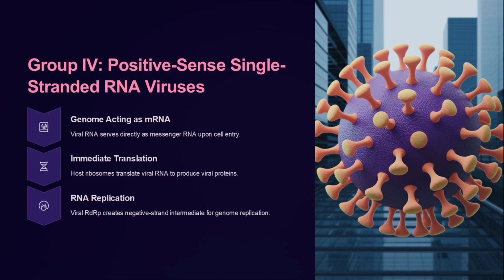Positive sense single-stranded RNA viruses have a unique genome structure and replication process. Their RNA genome acts directly as messenger RNA when the virus enters a host cell. The host cell's ribosomes immediately translate the viral RNA to produce viral proteins. The viral RNA-dependent RNA polymerase, RdRp, then creates a negative strand RNA intermediate, which is used as a template to replicate the viral genome. This allows the virus to quickly hijack the host cell's machinery to produce more copies of